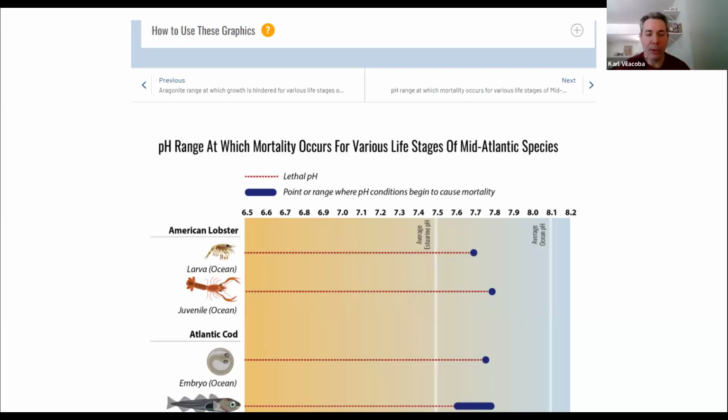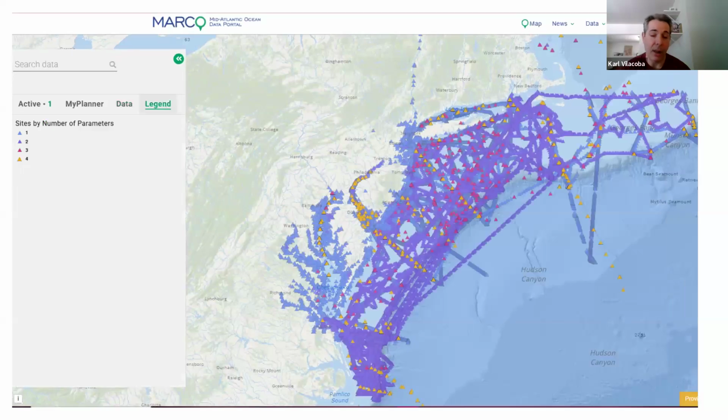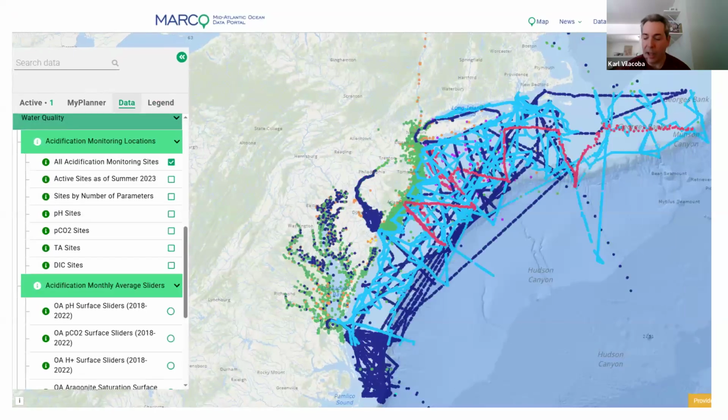Maybe while people think about it, I'll throw it out myself. First, congratulations to MACAN, to all of you for what you've done here. It's a pretty big deal when I think back to 10 years ago when we had what was then one map, an earlier version of what you showed on screen with all the acidification monitoring sites. And at the time, it had a lot less data too. Over time, we wound up breaking that out by parameters, the active sites and all of that, to help people view those things individually.